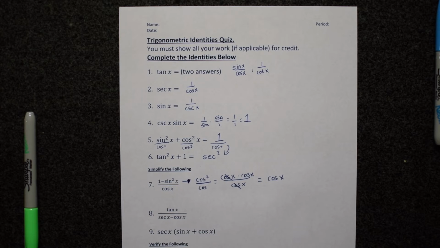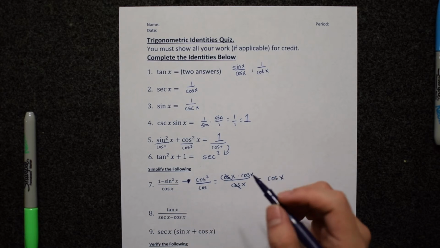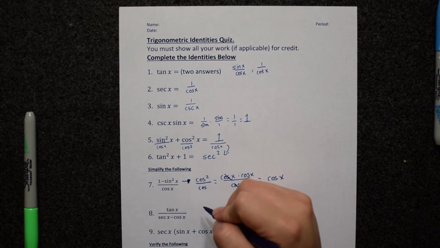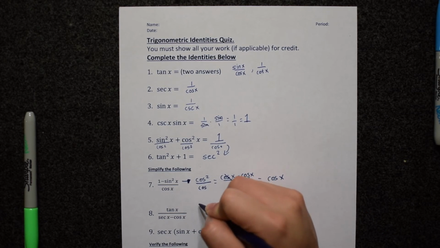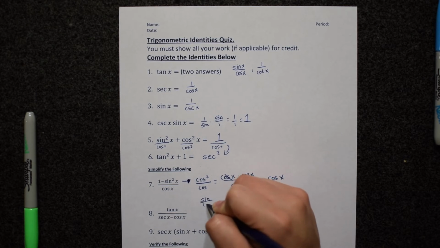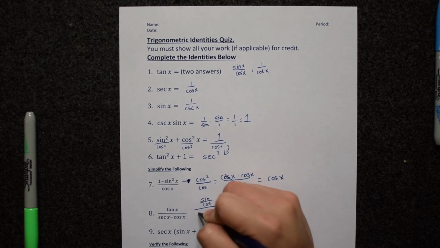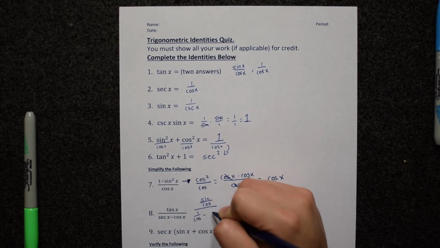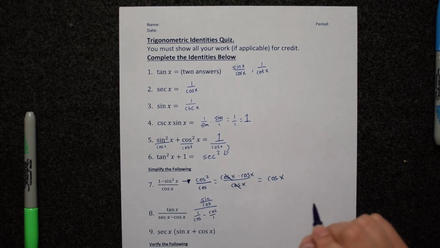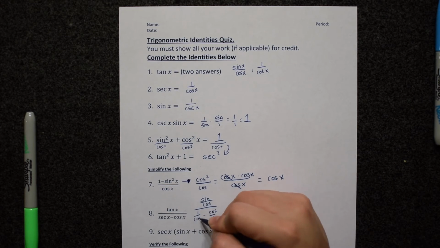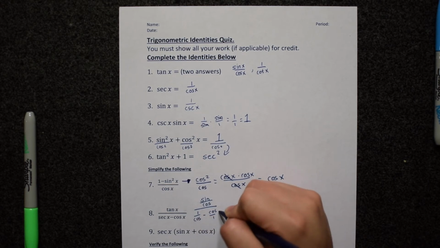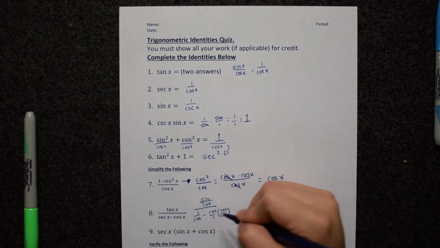Now for number 8, we are going to turn everything into terms of sine and cosine. So what we have here is going to be sine over cosine divided by secant, which is going to be 1 over cosine, minus cosecant over 1. Now, because we have a denominator of cosine here, we're going to want to go ahead and make this a denominator of cosine by multiplying by cosine over cosine. This gives us